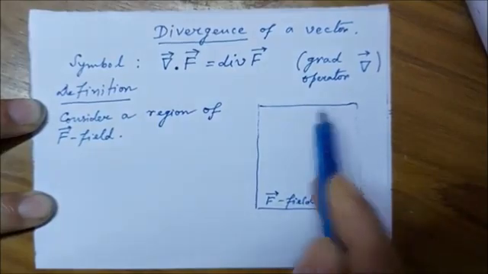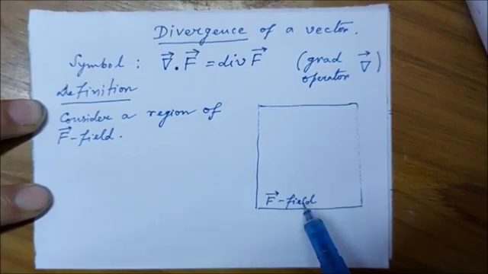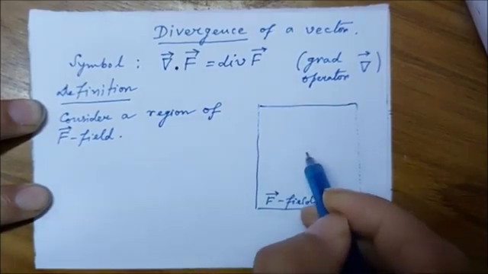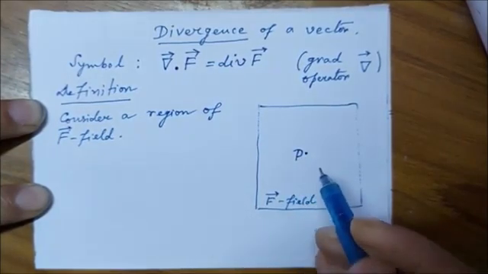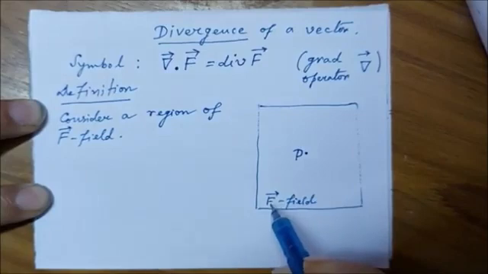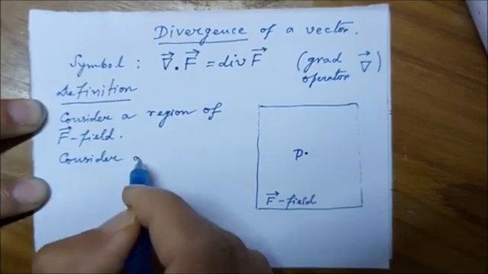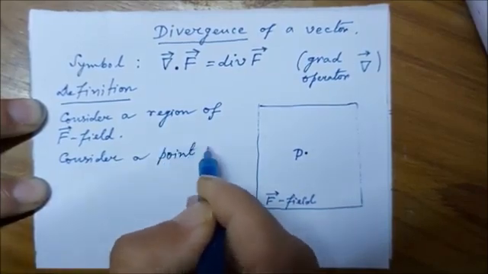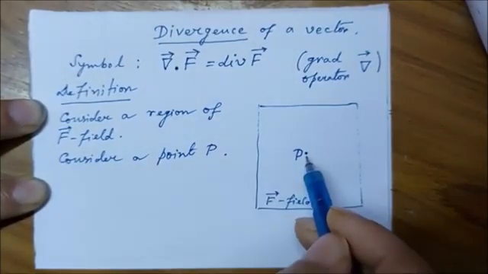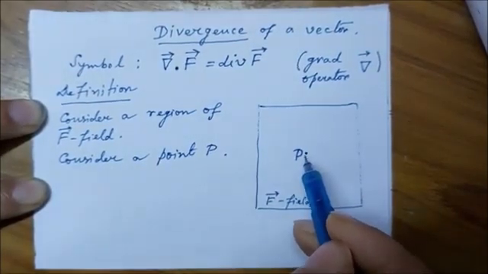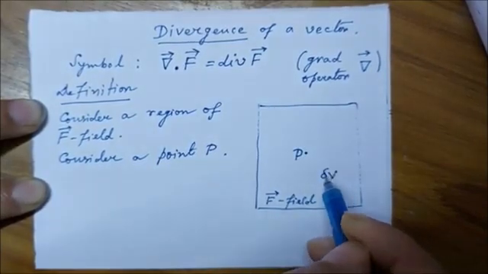So this is a region of f field, and in that region let us consider a point P at which we will evaluate what we call divergence of vector f. So consider a point P in this region. Now surround P, or rather include P in a small volume, say delta V, bounded by